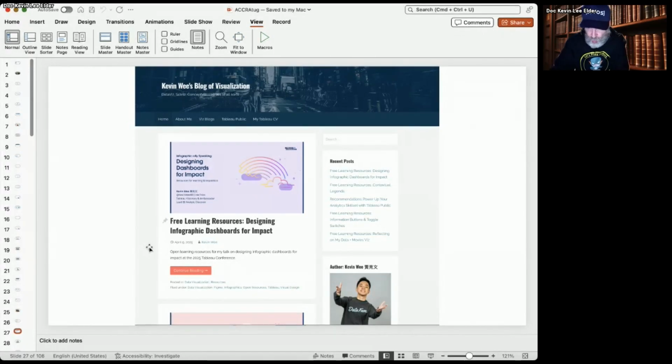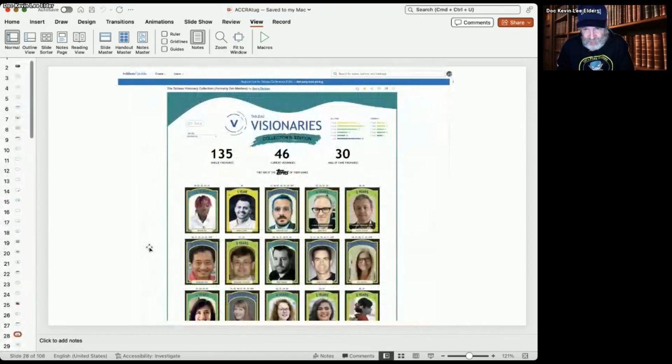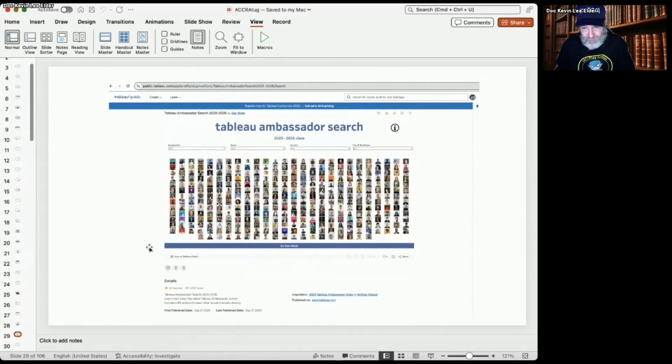So he knows what he's talking about. And so who better to learn from than someone who's going to be on that stage in that competition in May in San Diego. Kevin Fleurlage, that's a name you will hear a lot in the Tableau community. Kevin is one of the twins, and Kevin made a visionaries page where you can go through and see who all these visionaries are and look through it, and you can download it and play with it.